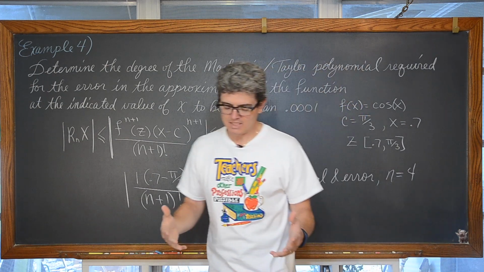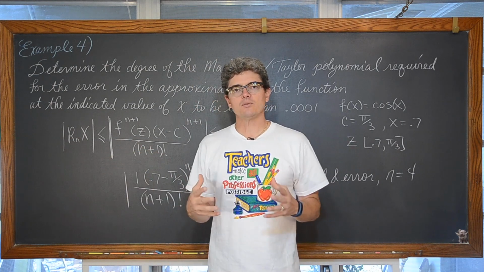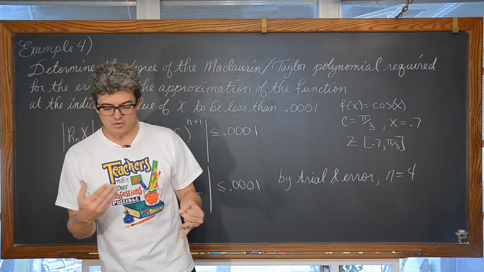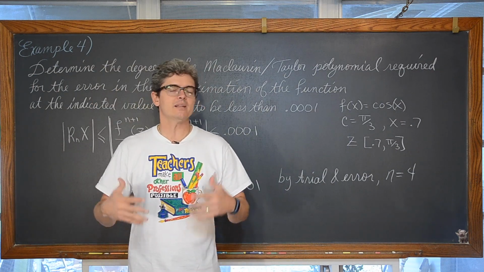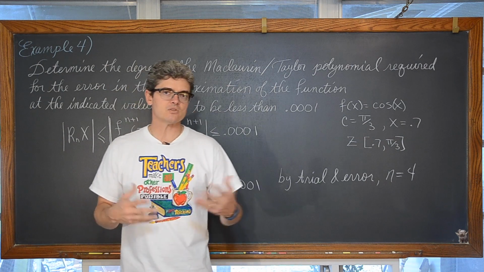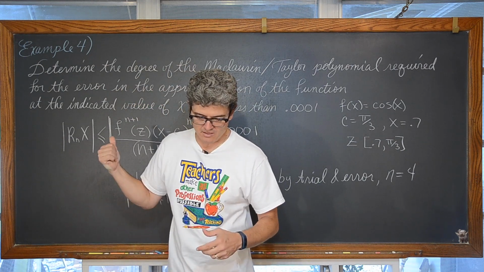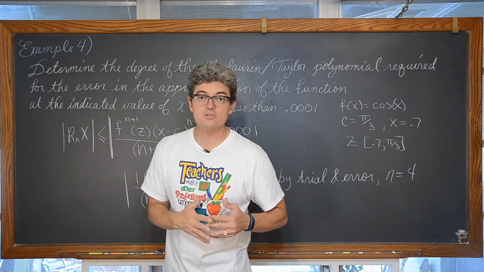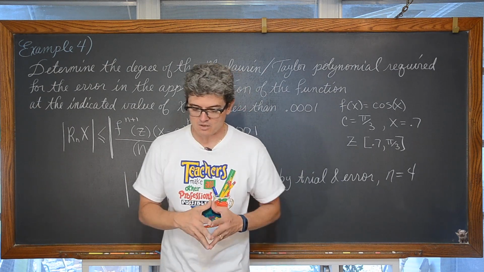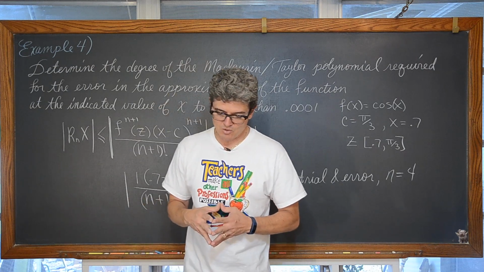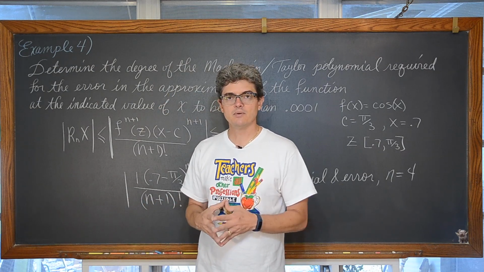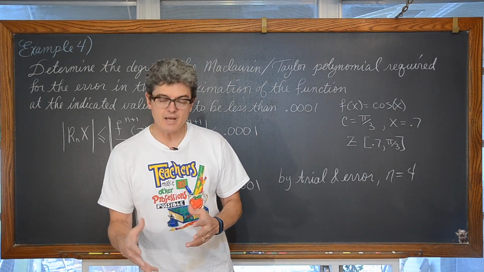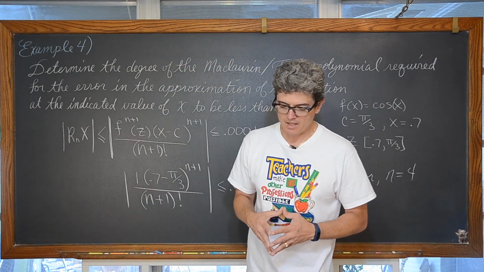Now, for our last example, I wanted to build this whole thing around one function. We now know how to set up a Taylor polynomial. We know how to do it around, really, I didn't do a Maclaurin polynomial, but that just means c is equal to 0. I'm going to display here a problem that says approximate the function using a third degree Taylor polynomial. That function is f of x is equal to the natural log of x. We're going to estimate its value at 2.2, and then we're going to calculate the maximum error that we could expect from that estimation.